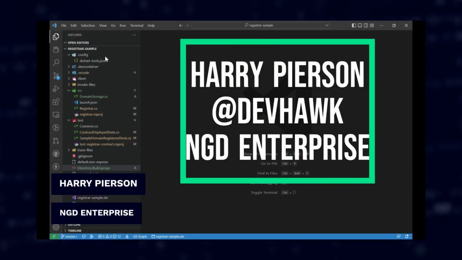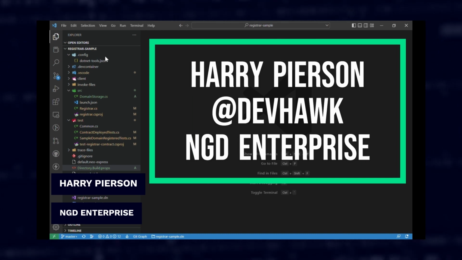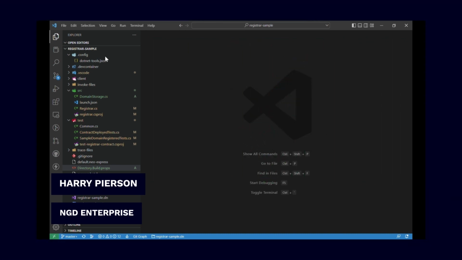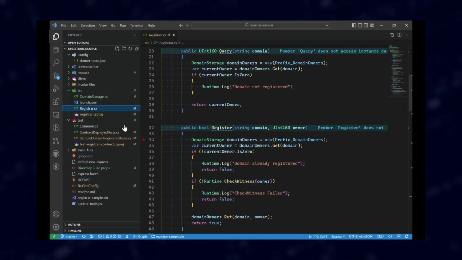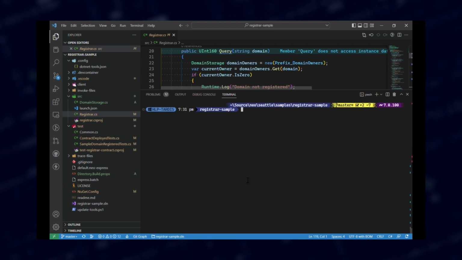Hey everybody, this is Harry Pearson from NGD Enterprise. I want to show off a feature that we've been working on for the test framework, code coverage. This is the standard registrar sample. You can find it in my GitHub,